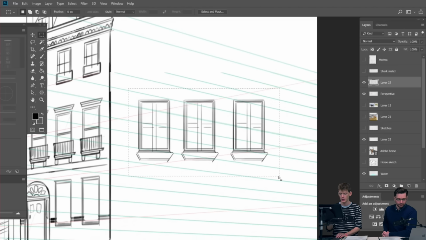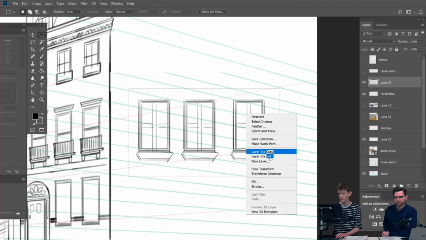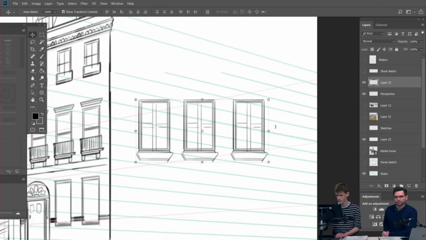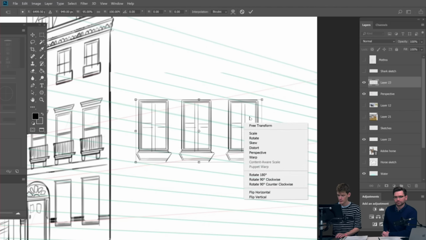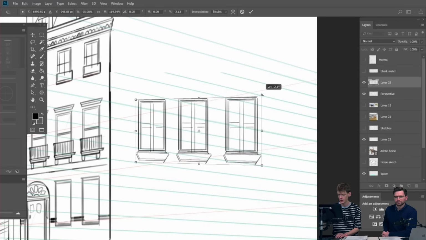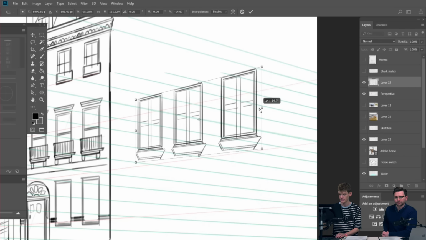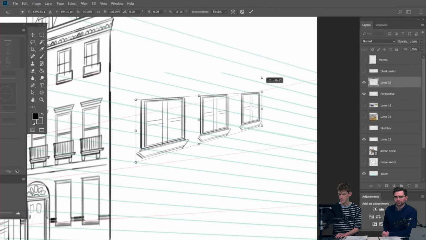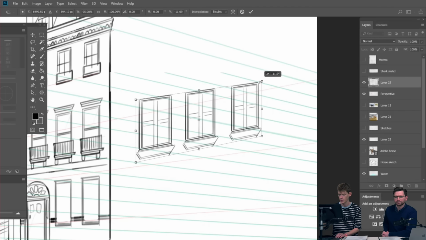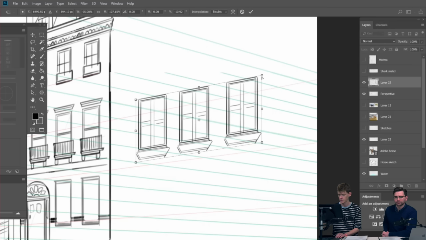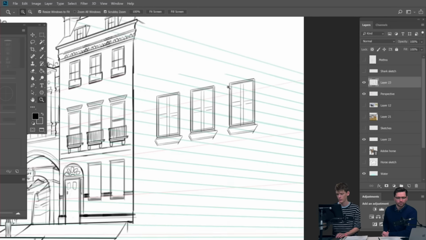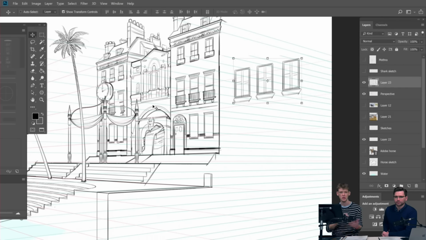Then what I can do to match those up with the rest of the perspective of the drawing is select it and right click. Oh, sorry, let's get our transform controls up. If we move it a little bit, you can see if I right click on it, we've got perspective warp. So I click perspective, and then I can just pull on the little tabs on the side. I can make it bigger or larger on either side, bring it up or down, and match that perspective there. Press enter, and we're all good. Now we've got some windows that line up with the rest of the drawing. So that's just a speedy way to get things in perspective. It's a nice little efficiency tip.